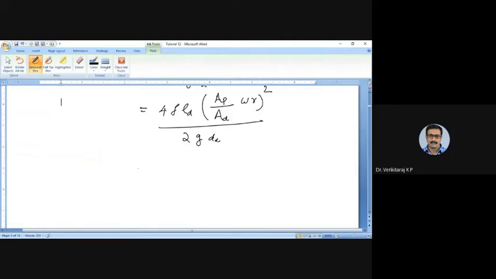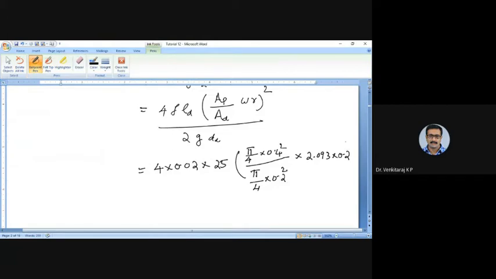So that is equal to 4 into 0.02 into length of the delivery pipe is 25 meter. So this is 25 into area of the piston, 4 into 0.4 square by that of the delivery pipe. The diameter is also the same, so it is 0.2 square into omega 2.093 into tan 0.2 square